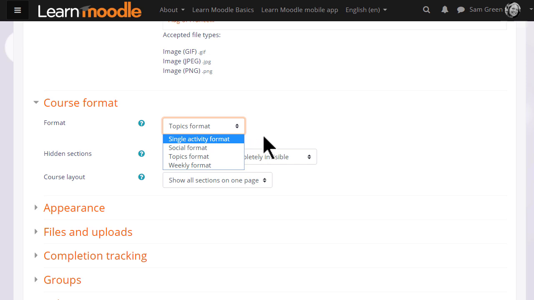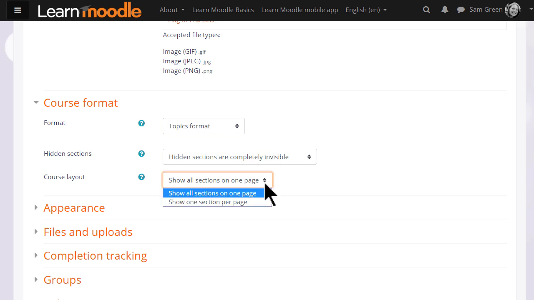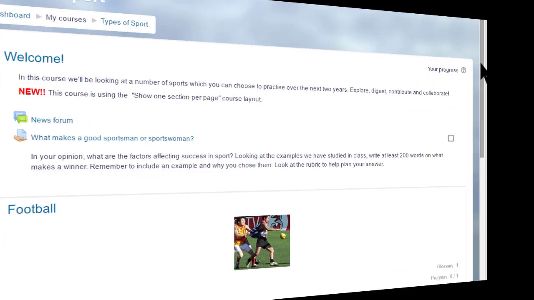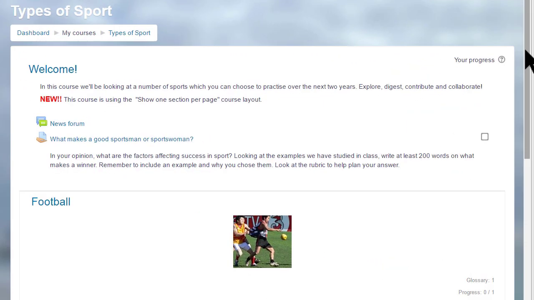If we choose topics or weekly format, we can then decide whether we want to show all the sections on one page, which is what we will do, which is the norm. But if you think you're going to have lots of sections and that would cause some scrolling, then you can choose to show only one section per page. This has an effect on how your students view your course, as we can see here in this course on